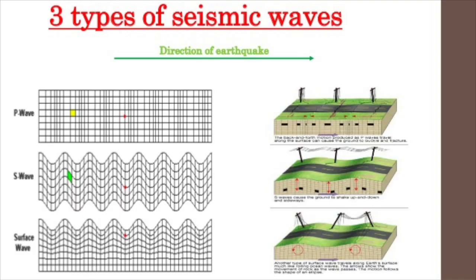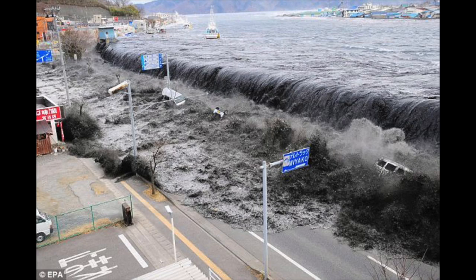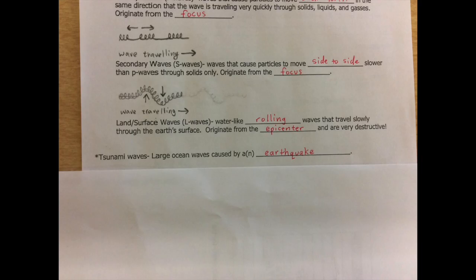The third type of seismic wave is called a land or surface wave, and these waves move like rolling water waves. They originate from the epicenter, so that's a little bit different, and these are the most destructive type of seismic waves. Another type of wave created by earthquakes is a tsunami wave, and this is a large ocean wave